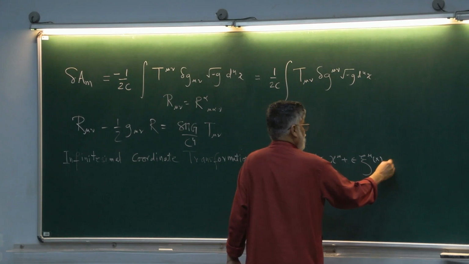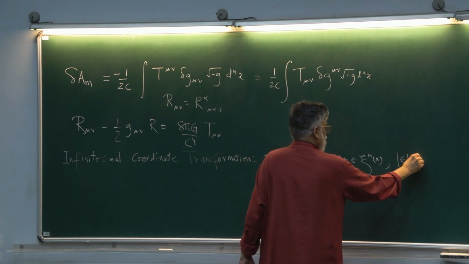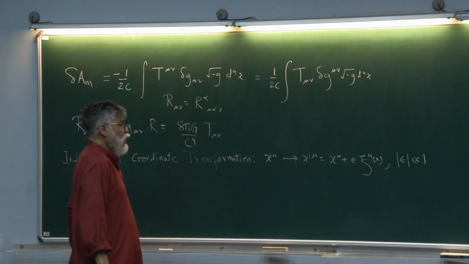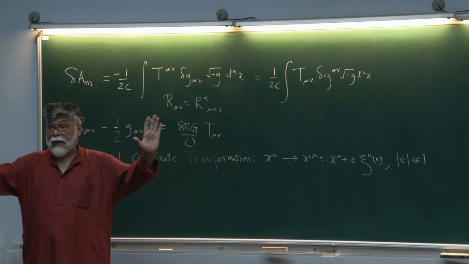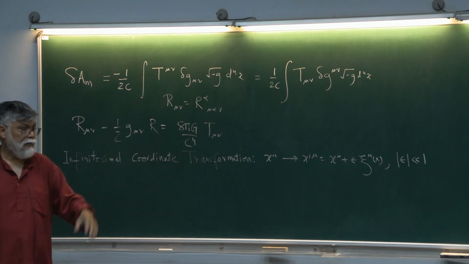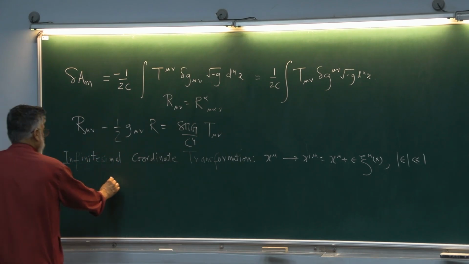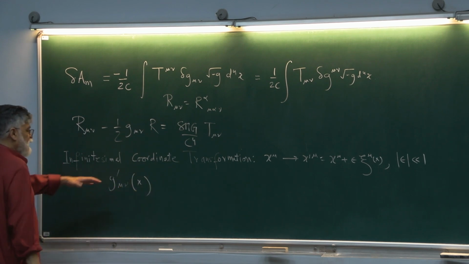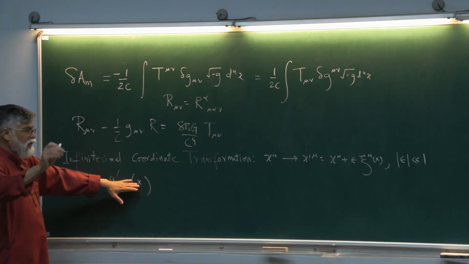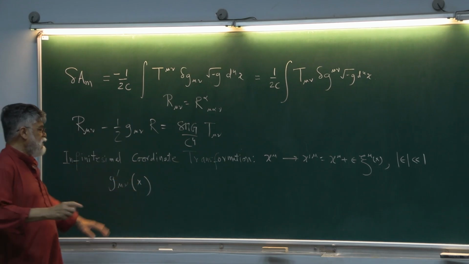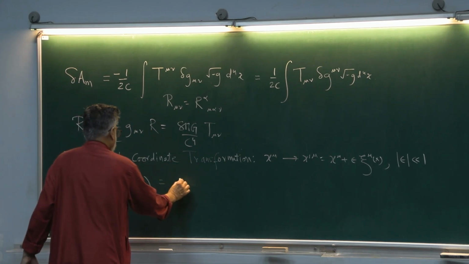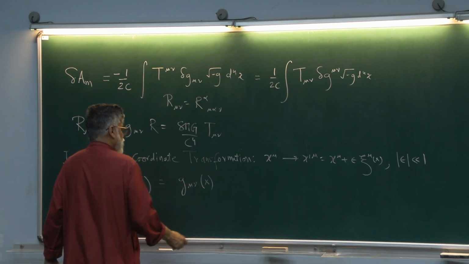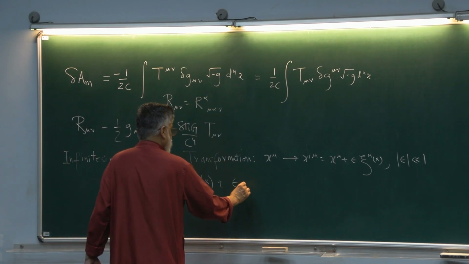It's infinitesimal because the absolute value of epsilon is much, much less than unity. Then we saw that the new metric g prime mu nu as a function, so I will not use x prime or x, it's a function of a variable. That variable I am using x, we saw is nothing but g mu nu as a function of the variable x plus epsilon